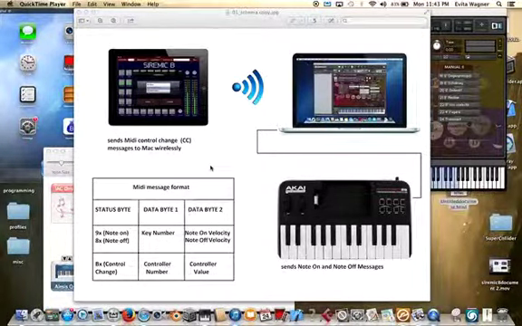Here's a quick overview of my new app's functionality. As you can see, there's a little flowchart of what Siremic B does and how it connects. It acts as a software control surface that wirelessly sends MIDI control change data from the app to the Mac or the PC, following the standard format you can see in the bottom left corner in the last row of